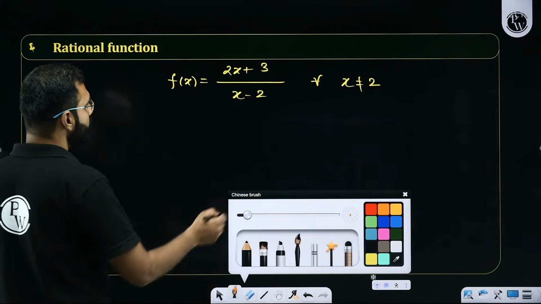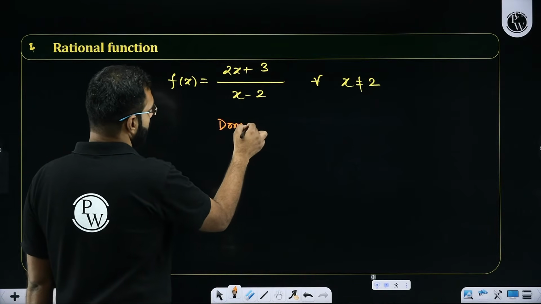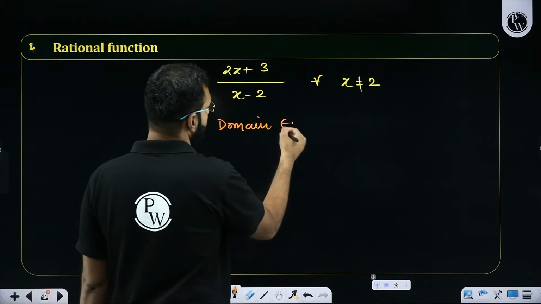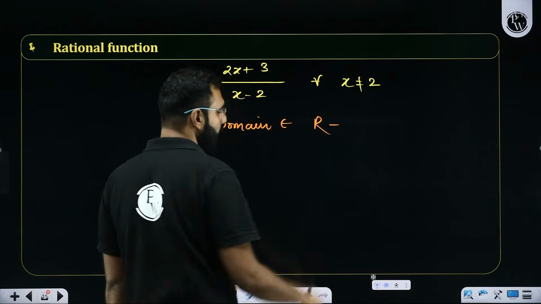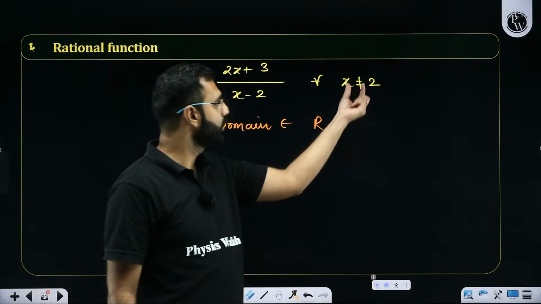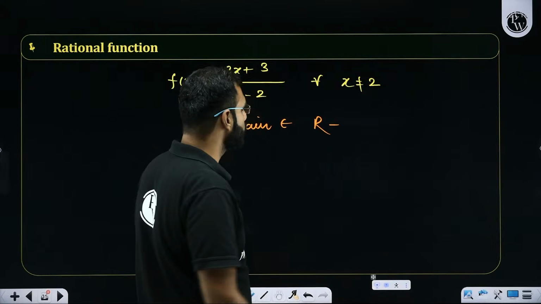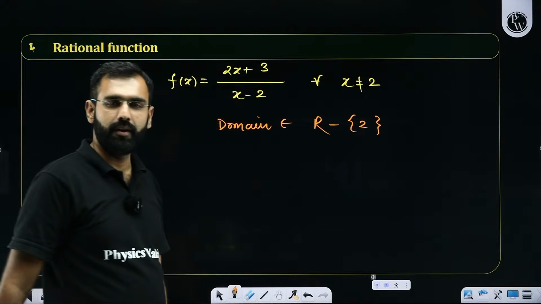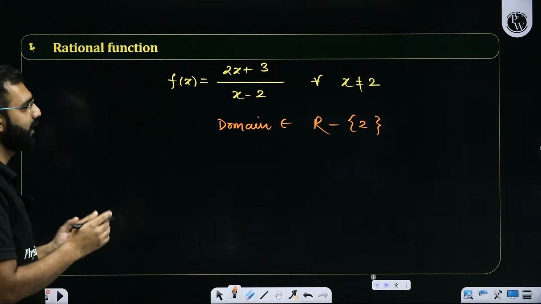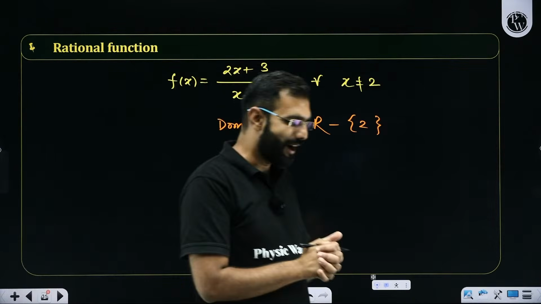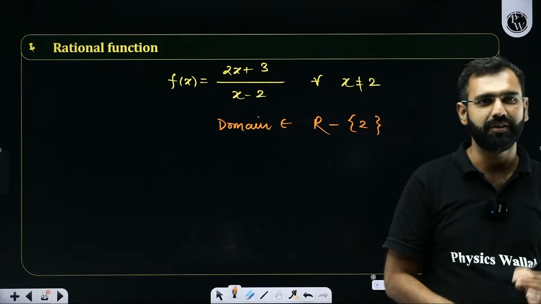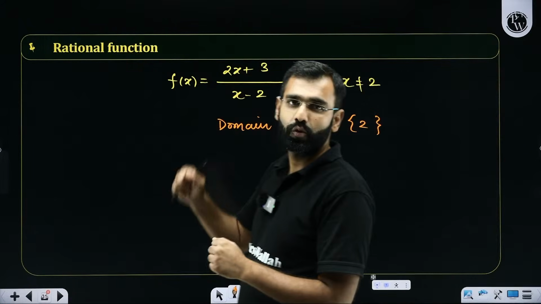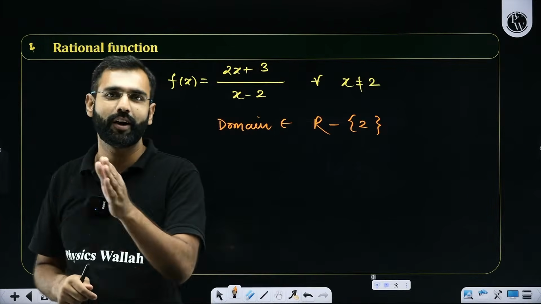If I ask you the domain, what will you say? So the domain of this function will be all the real numbers in the world, but you cannot try 2 on the x-axis. So all real numbers except 2 is going to be the domain. But sir, in this case, how do we figure out the range? Can somebody in the comments tell me, in these kinds of questions, how do we work out the range?